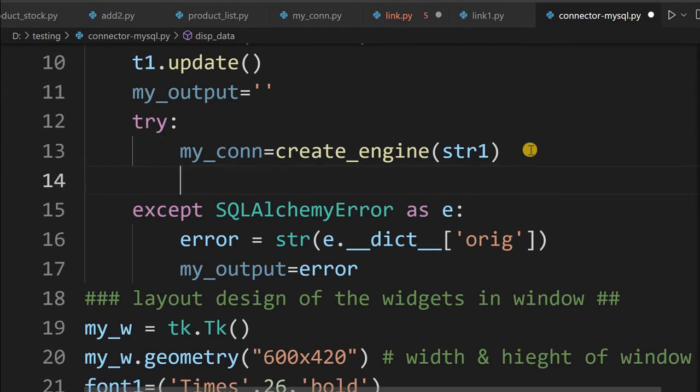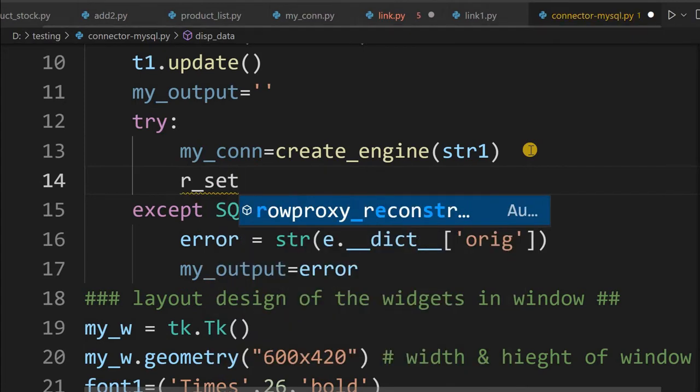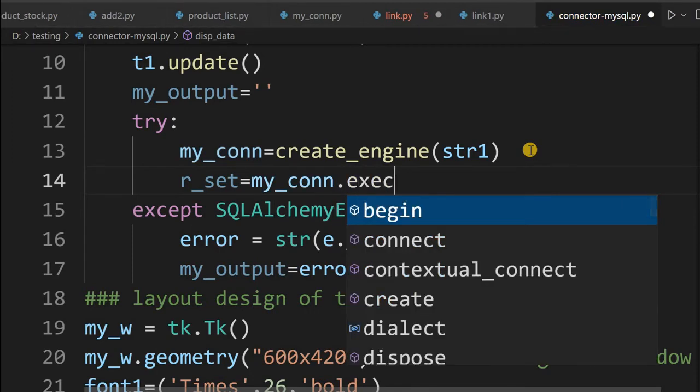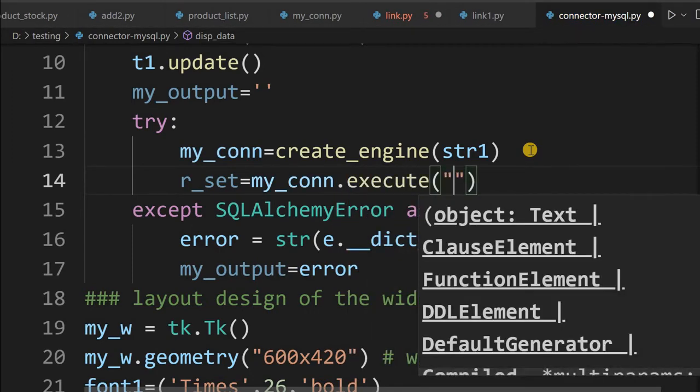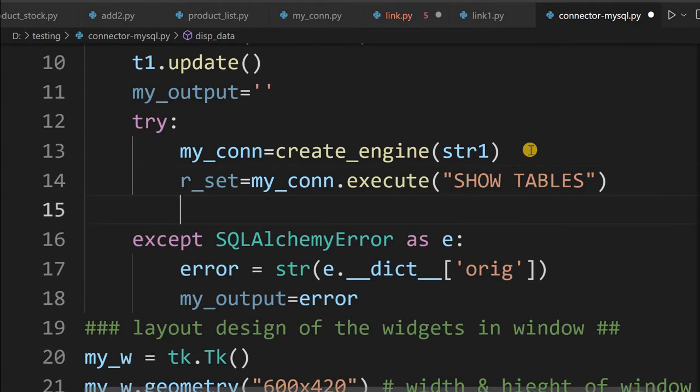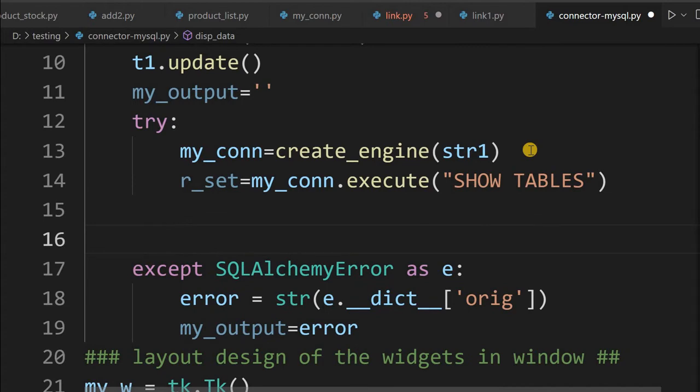Next line, I'll pull the record set from my connection. My connection, now execute. What will it execute? I am writing a query here. Note that you can change this query. Suppose you want some data from a student table, you can write select star from student where class is whatever. Whatever query you want, you can write in this place. Here the purpose is only to show the tables, so that's why I have written this. You can write it whichever way you want, and that is how you will build the application, by writing different queries.